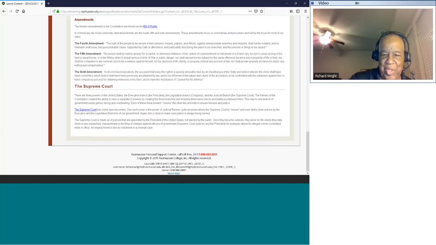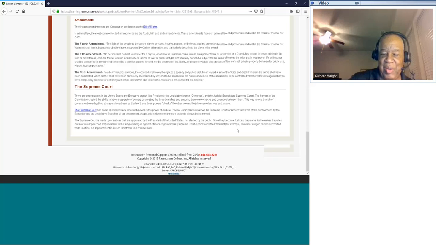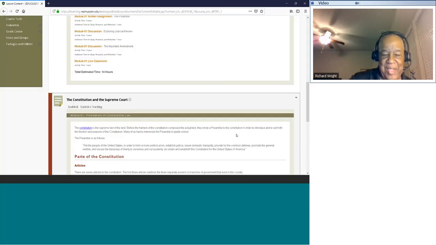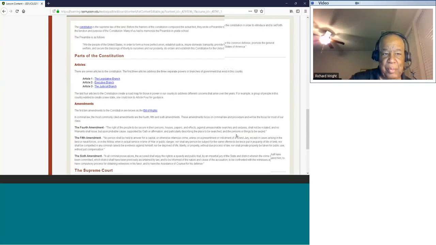And then it talks about the Supreme Court, which is 9 justices that are appointed by the president. They're not elected, they're for life, and they serve until they're impeached. I can't remember a Supreme Court justice ever being impeached. Supreme Court justices are pretty free. For example, no matter what president selects them, they take an oath to enforce the Constitution of the United States. And that's week 1. Okay.